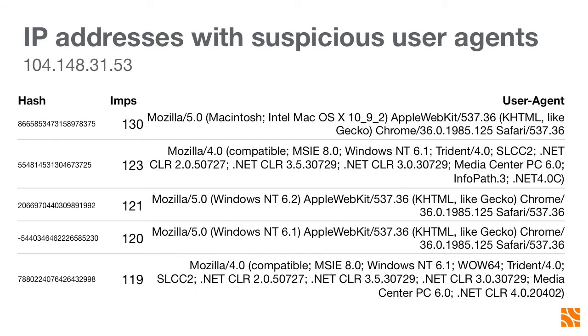If you're into statistics, you could do things like, given the prior distribution of browsers on the internet, what are the odds that you would observe exactly 125 impressions or 130 impressions or whatever from all of these browsers all coming from the same IP address? So there's a lot of really interesting math and data science research you can do based on this information. Unfortunately, I won't go into details on it, but it's cool.